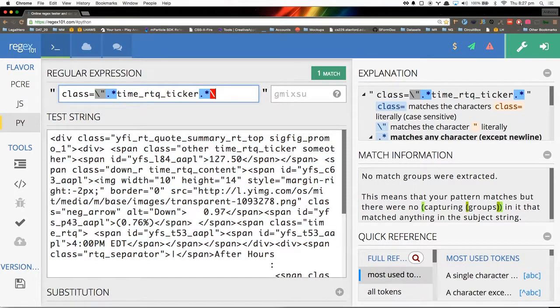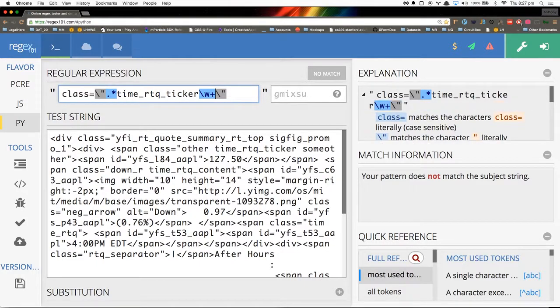But I want to close that basically where I have this closing quote. So time RTQ ticker, it's a little bit too broad, isn't it? Because I'm finding basically anything, I'm finding non-words as well. Remember we had the \d for digit? I'm going to put the \w for word.